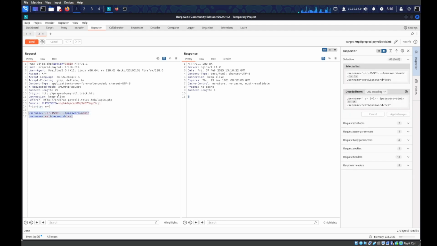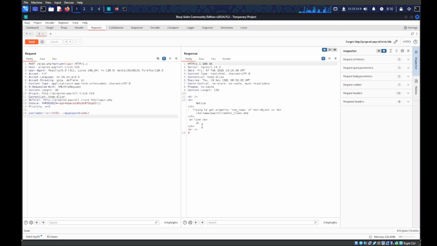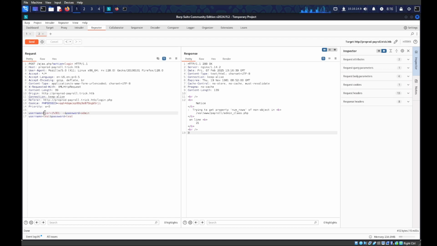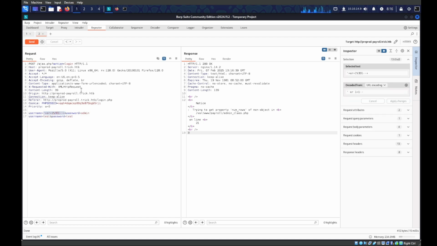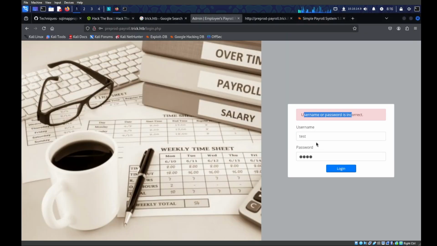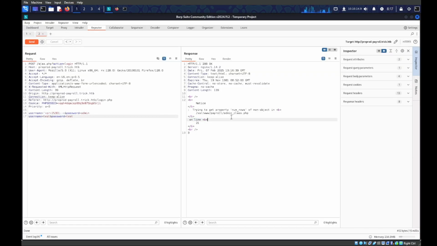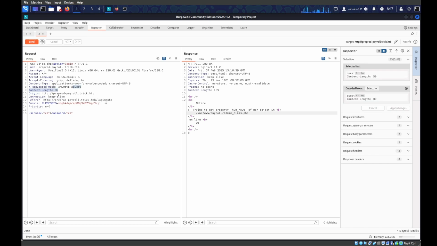I'm just going to copy this because I want to save it. It's going to say, no, this is trying to get proper runs an object for our class. So this is actually something you can try. If I just copy this, I'll leave this here. You can actually try to put this inside of the website and see what you get. I'm not sure what it is. Thing is, what I was trying to say, we don't really need it, as we just